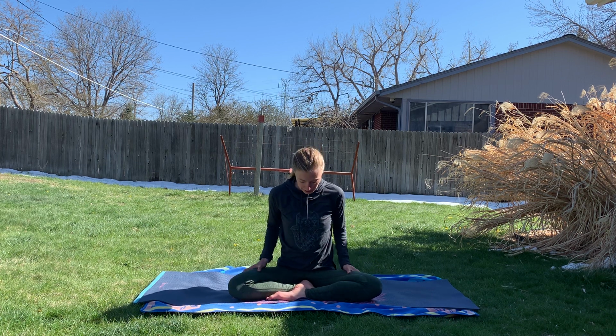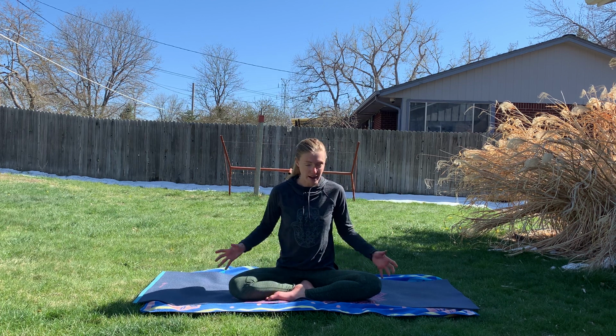Today we have a practice for the lower back. This practice is going to be what you can do at your house. Maybe you're sitting all day at work and you just want to take a 5-minute break. You can just do a few of these poses, and it will really help release the tension in your lower back here, as well as build strength with your core, with your upper back, and then your thighs as well,